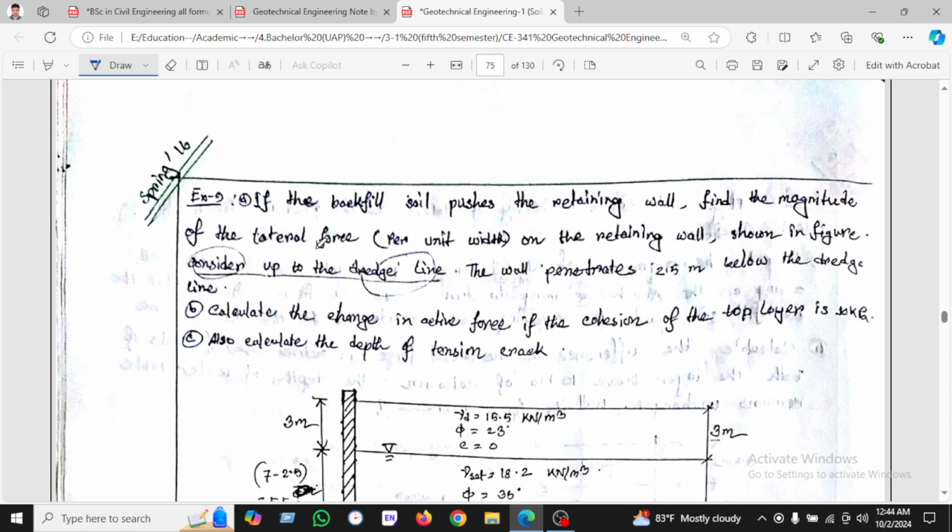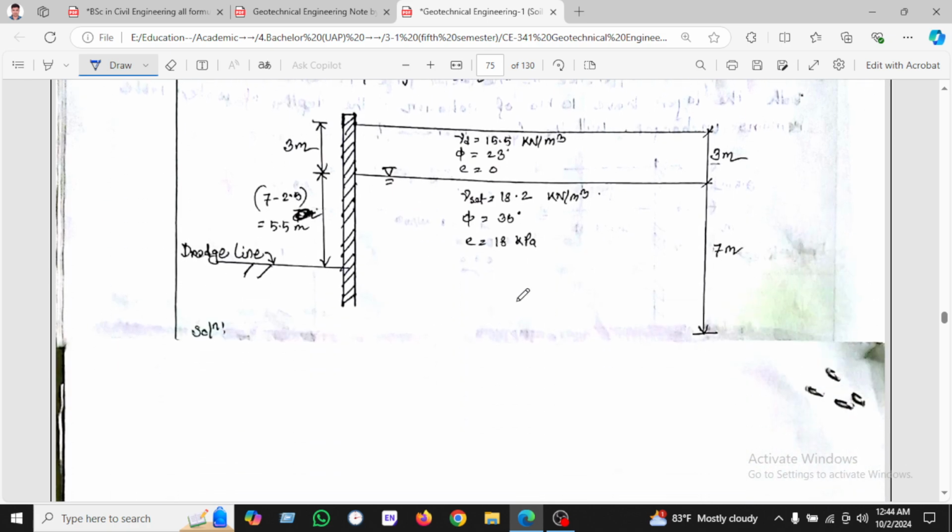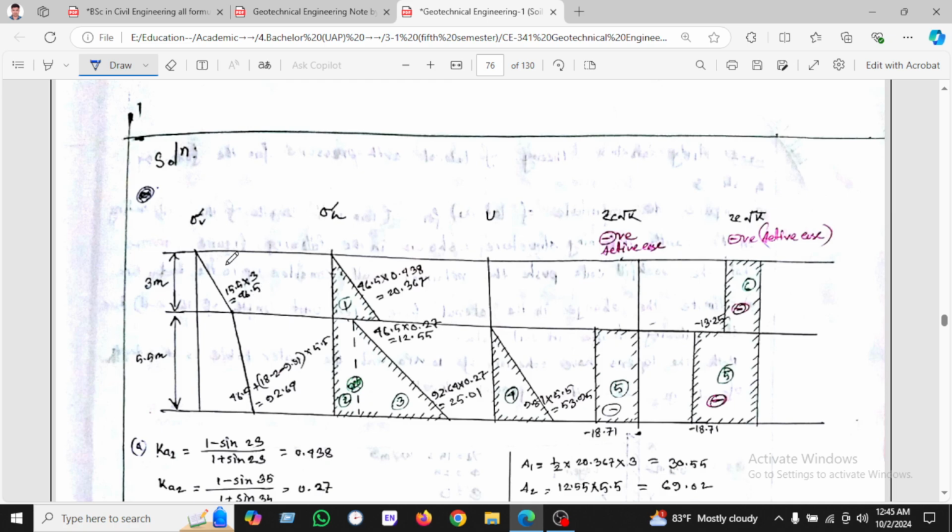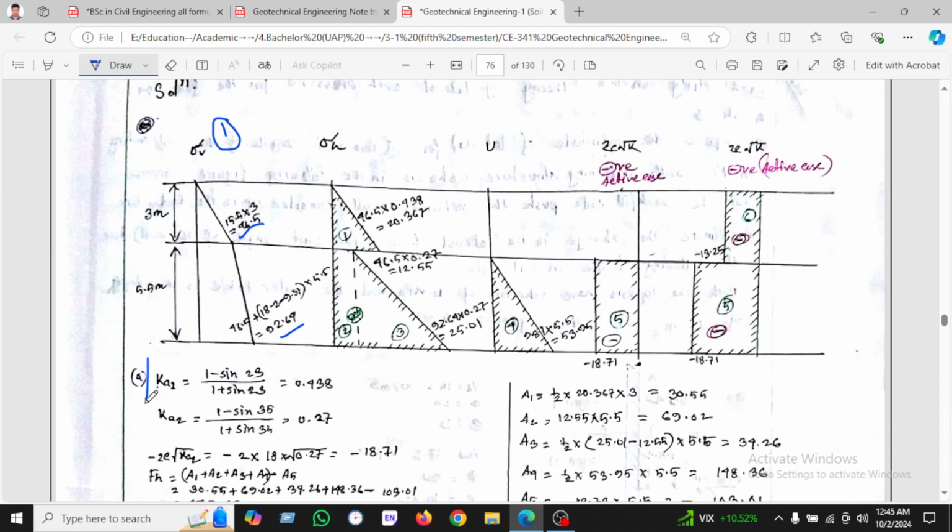And we have seen here, if the backfill soil is pushed in the retaining wall, find the magnitude of the force per unit length of the retaining wall shown in the figure. Consider up to the dotted line, the perimeter is B. Calculate the change of the degree of the equation, and all the values are given here, gamma d, and we will calculate at first here gamma b, which is